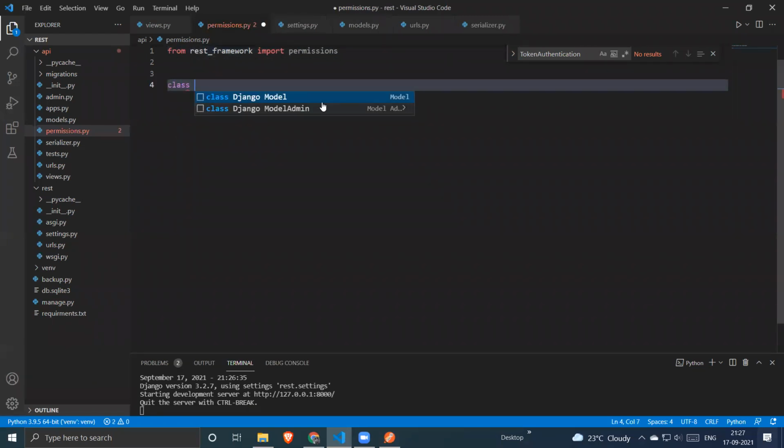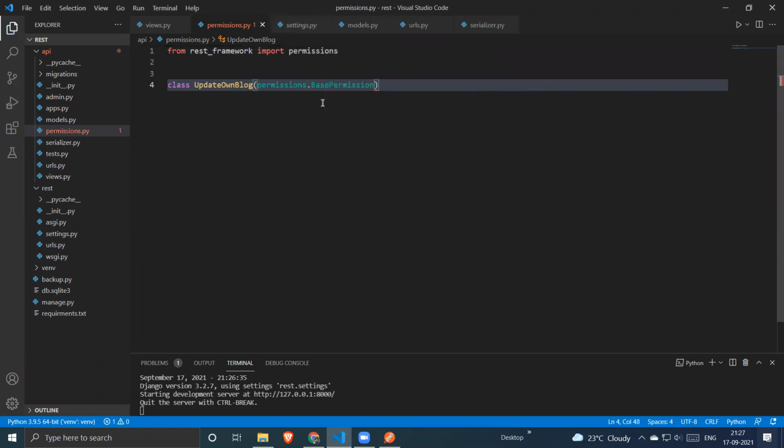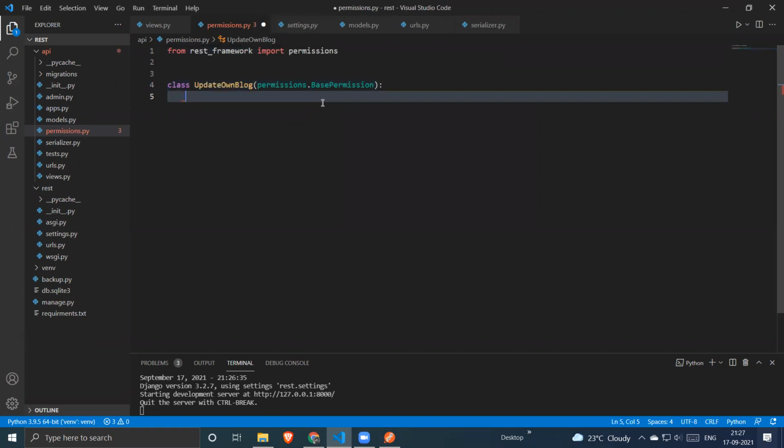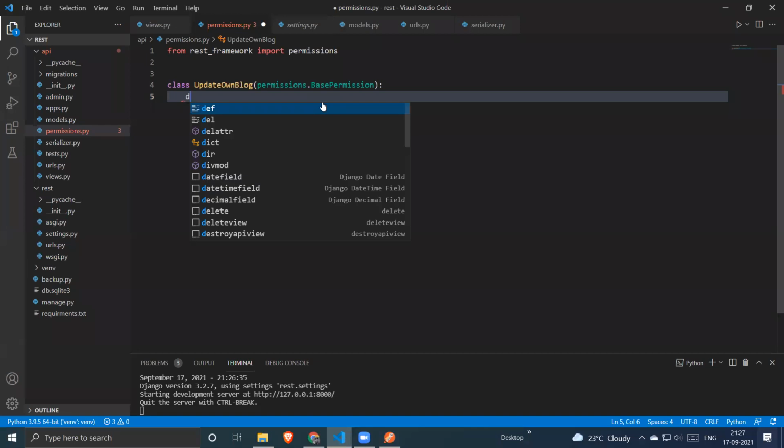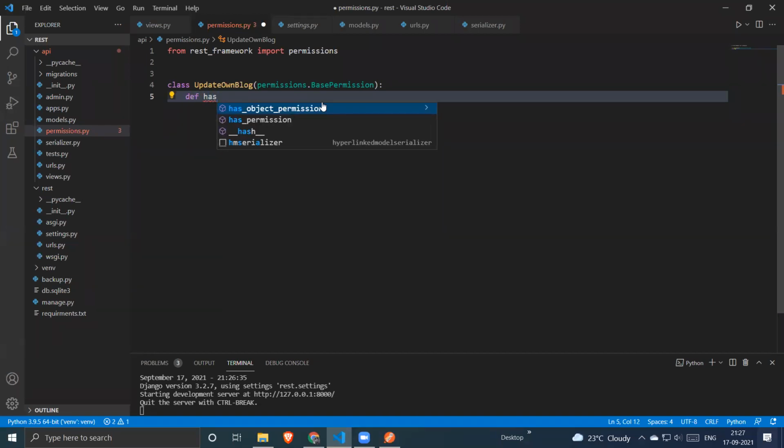So let's call it CanUpdateOnBlog, and we need to extend it from permissions.BasePermission. We are actually defining a base permission. What the base permissions are, we'll discuss in a moment. So let's define a function which says has_object_permission.